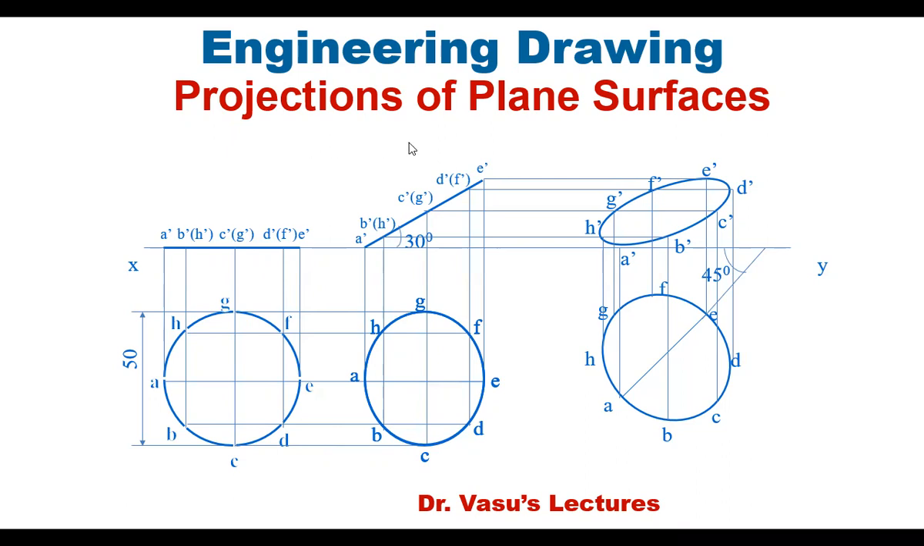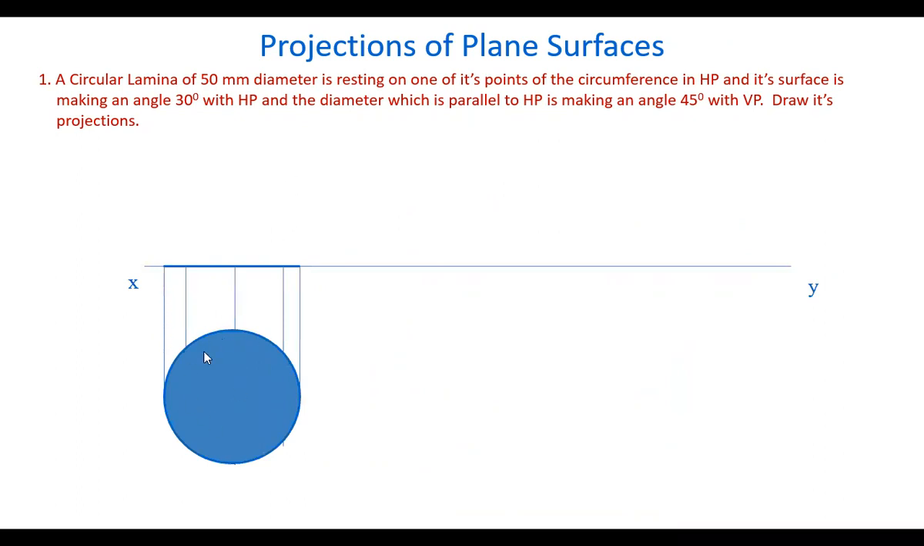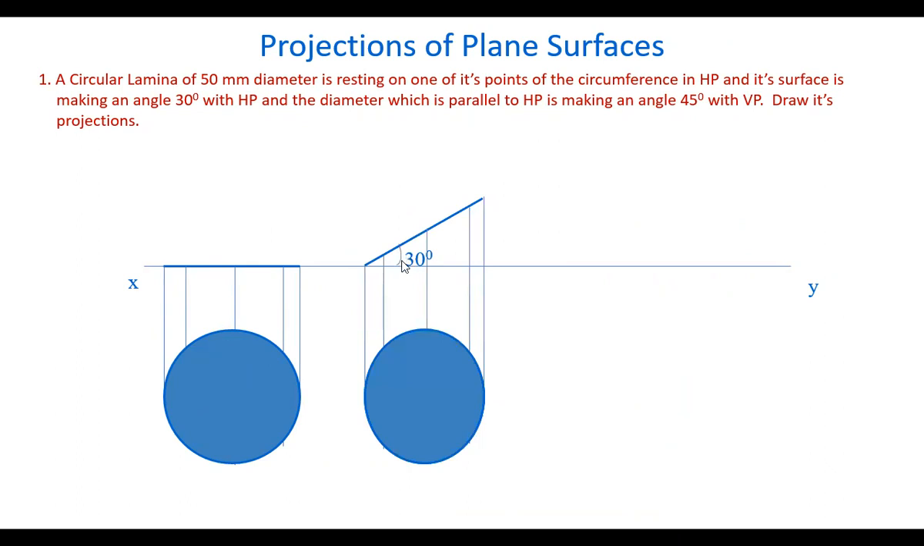Now let's see the circular laminas or circular planes making angle with both the reference planes. Let's take an example, a circular lamina of 50 mm diameter resting on one of its points of the circumference. A point on the circumference is lying on HP and its surface is making an angle with the HP. Let's see that. So the plane is taken in the horizontal plane and its surface is making 30 degrees angle with